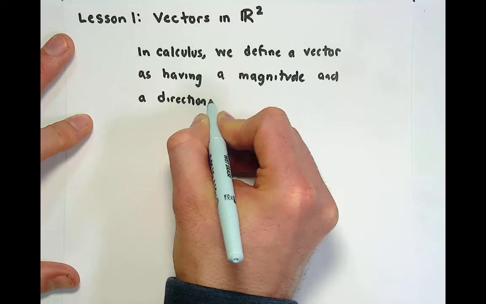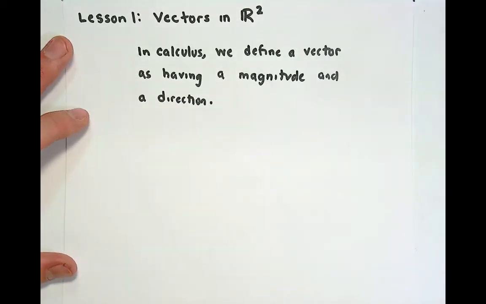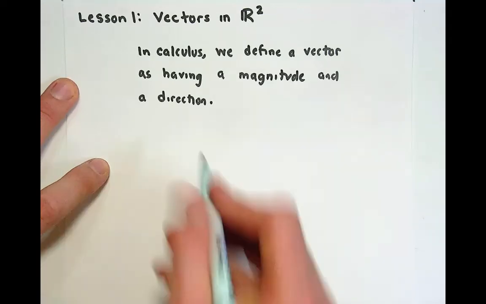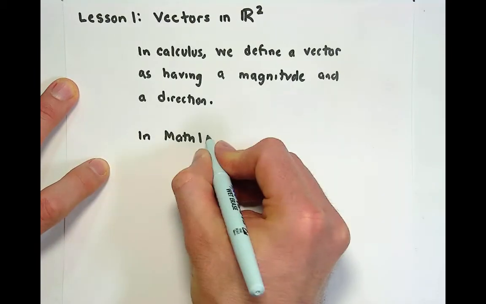Every vector has a magnitude and a direction in calculus. In linear algebra, that's not necessarily true. So, in math 1C and D, which is the third and fourth quarter calculus,